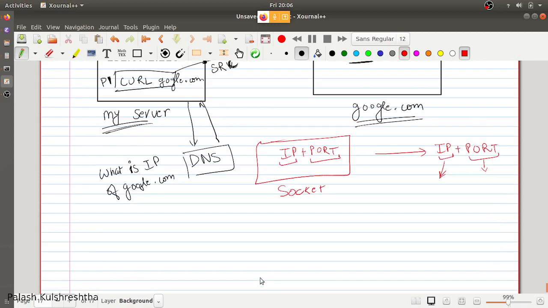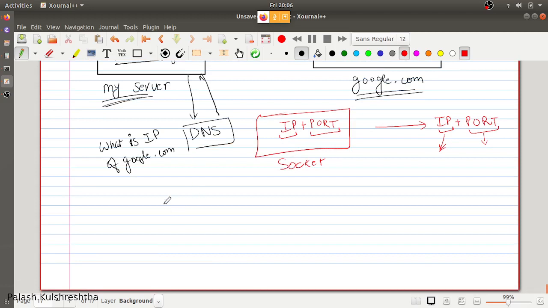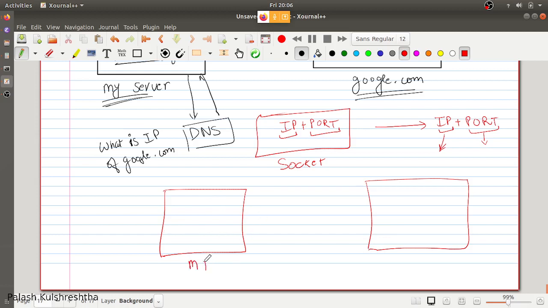So if two machines are interacting, machine 1 and machine 2, then a connection between two sockets is happening. Socket is IP plus port and IP plus port.